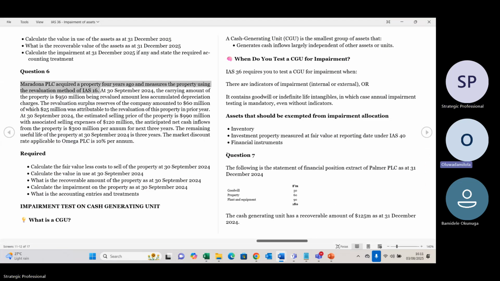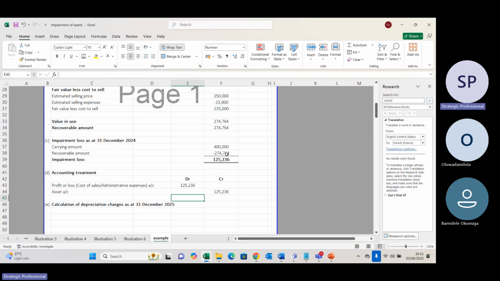Yes, sir. So now, when the carrying amount of an asset is higher than the recoverable amount, what it means currently is that there's impairment, number one. Number two, it also means that you have been claiming high depreciation. Now, what is the impact of high depreciation on profit? High depreciation means that you are making lesser profit. That's the impact. High depreciation, because depreciation is an expense. The higher the expense, the lower the profit. The lower the expense, the higher the profit.